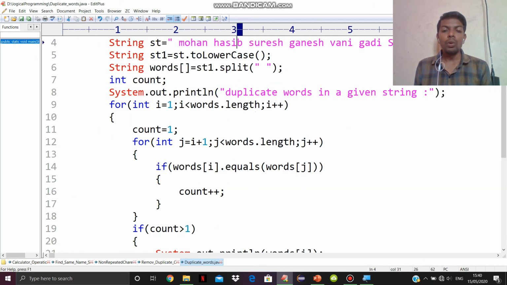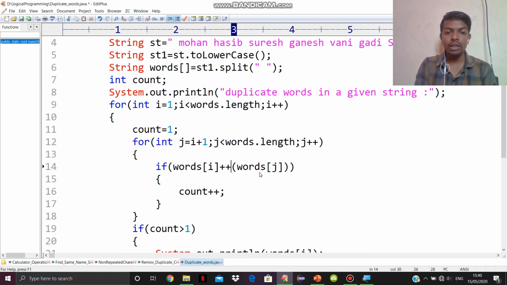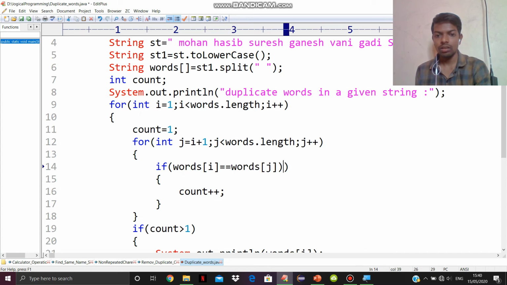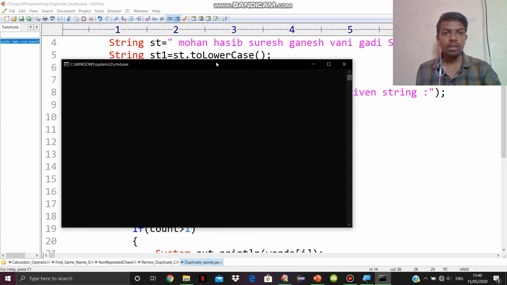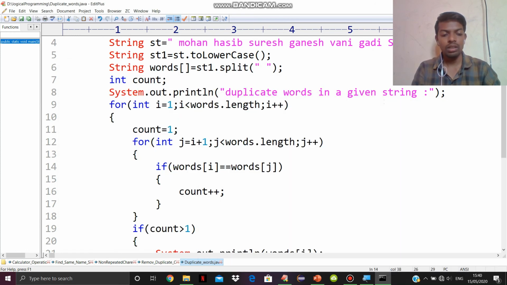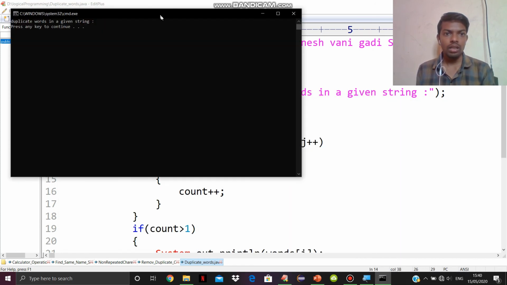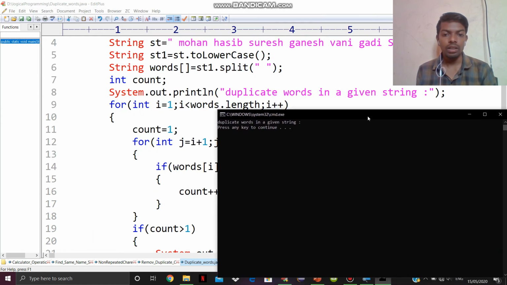So you may ask, why do you use the equals method instead of the double equals operator? Let us see what will happen if I use double equals. Compiled successfully, executed successfully, but invalid output.